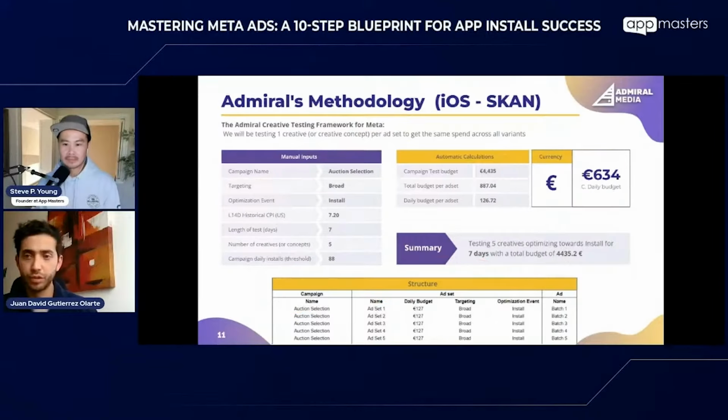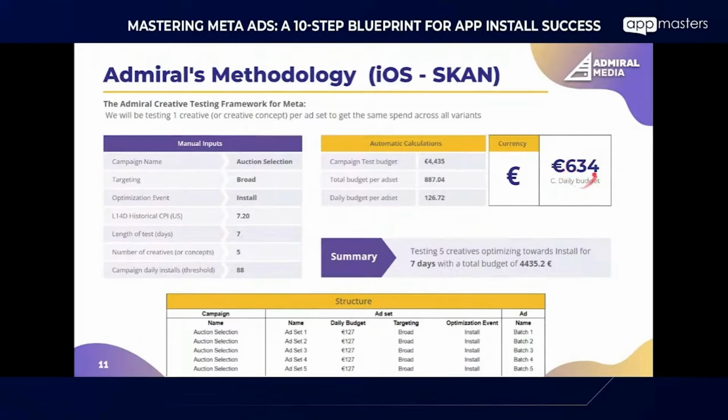If I do some quick calculation, we would need to invest daily 7.2 times 88, that equals 634 euros per day. That's a lot, but it is between the average that many experts also recommend. After you have this budget, you will have to multiply it by 5, and that will give you the daily